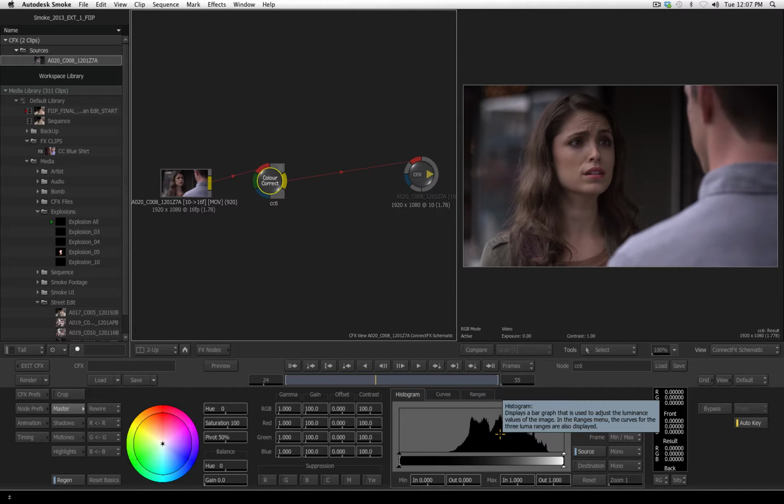So we want to create this composite. And while a lot of this could probably be done in the timeline, I really want to take advantage of true 3D space and true 3D compositing to create this effect. So to do that, I want to go back into ConnectFX and use our 3D compositing tool, which is called Action. So if I select all three of these clips in my sequence, I'll go back to my effects ribbon,